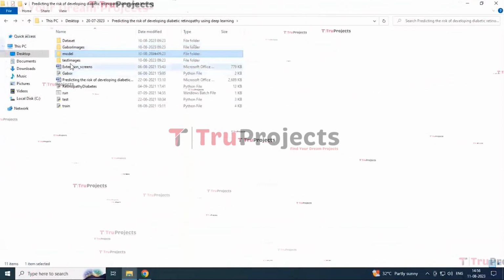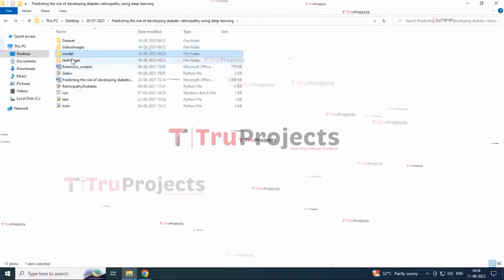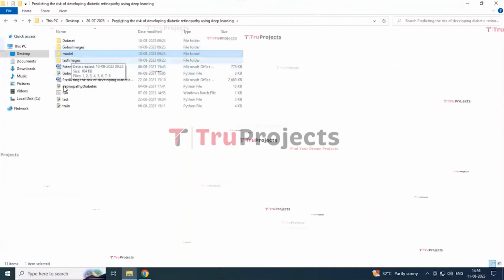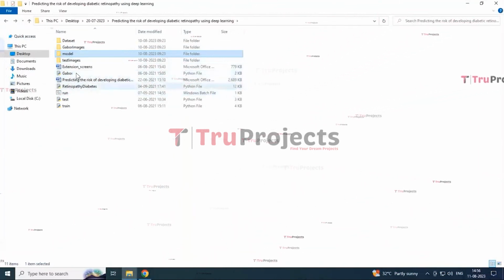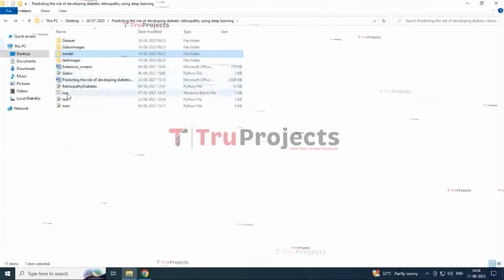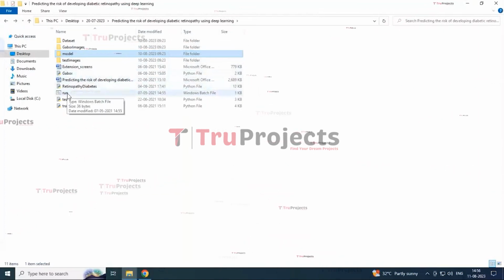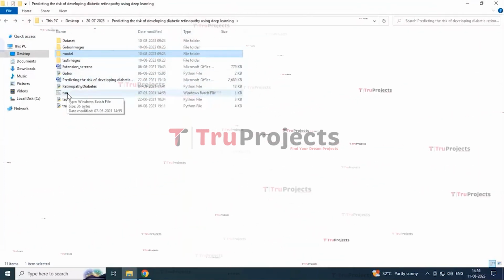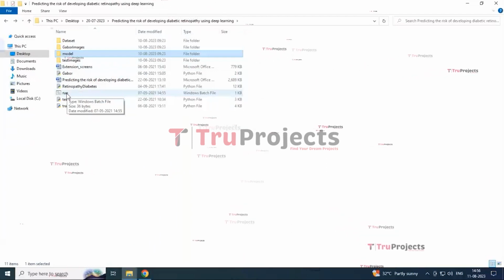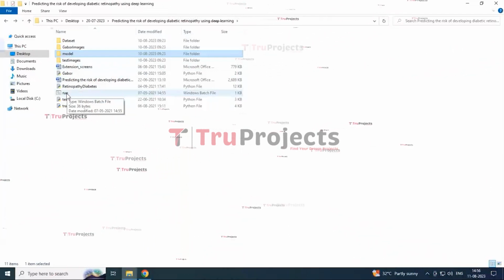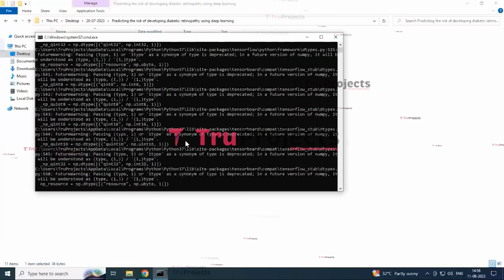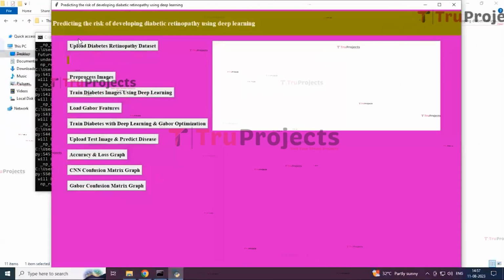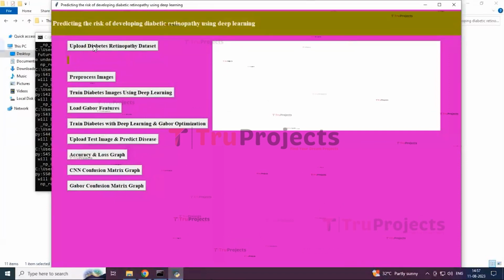Then coming to these text files, these are the test files used to check whether the algorithm is predicting correctly or not, and these are the code files and this is the run bat file. Instead of executing the program in the command line interface, we created a Windows bat file to execute the program. Now double-clicking on it leads to the graphical user interface, which is interactive for the program user. And here the first button is upload